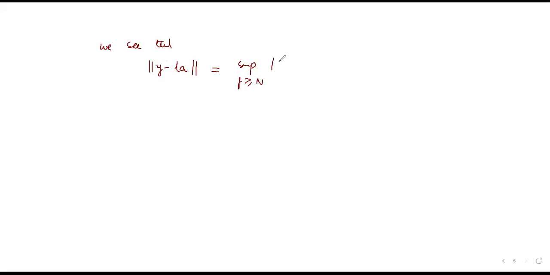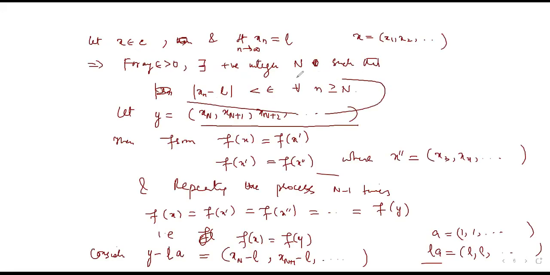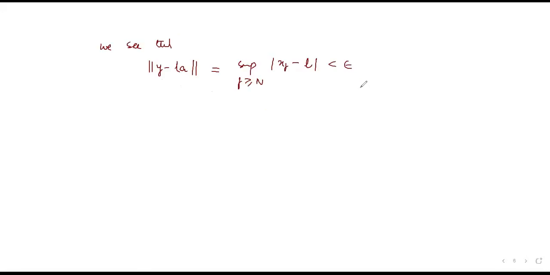सीधा ही जो इसकी definition है, |xj − l| < epsilon because of that convergence thing. For all n ≥ N, |xn − l| < epsilon. So applying that here, this should be less than epsilon, arbitrarily small. And since norm of f is equal to 1 is equal to f of a, जो हम प्रूव कर चुके हैं, we